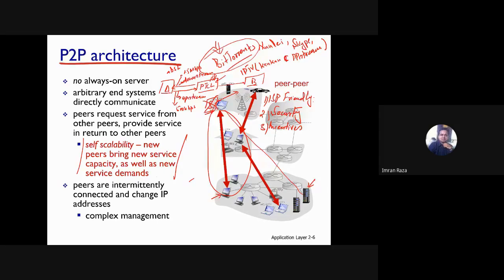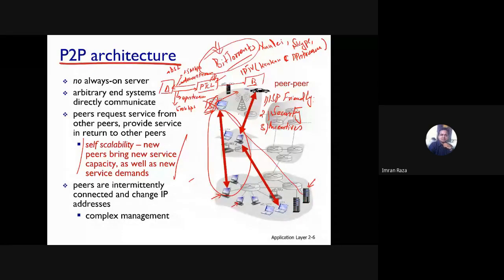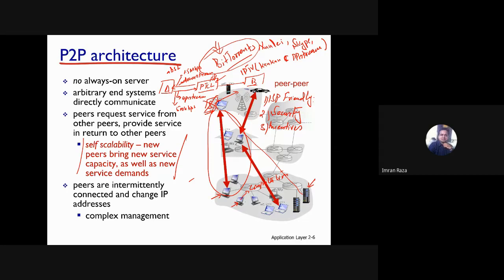So future applications may demand that this host will volunteer to do some sort of what? Computation, okay? Or maybe will temporarily store my data or any other peer's data, or will volunteer the bandwidth, okay? So why should this machine do all these things? Why? What do you think? Is there any incentive there at the moment?